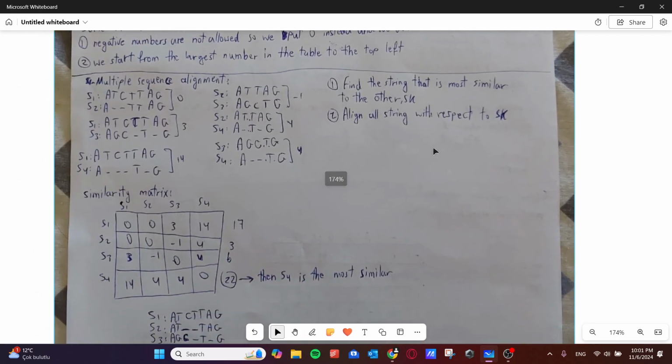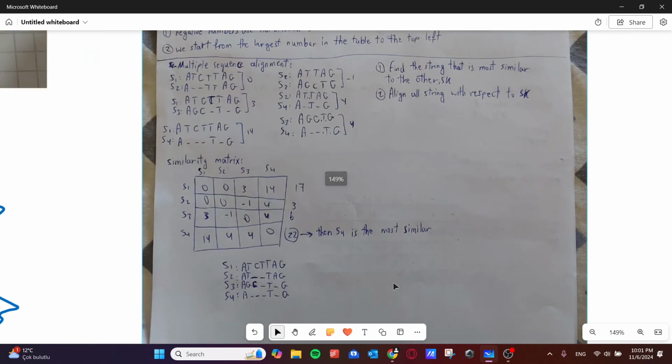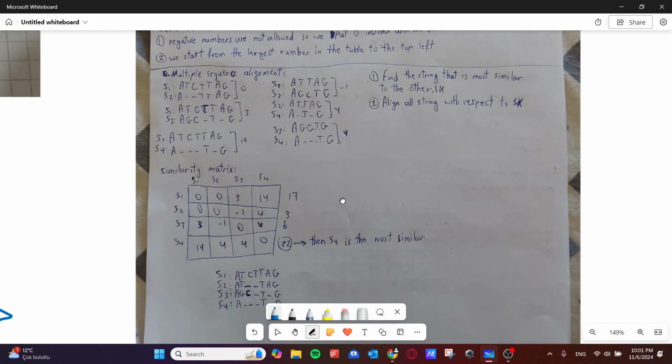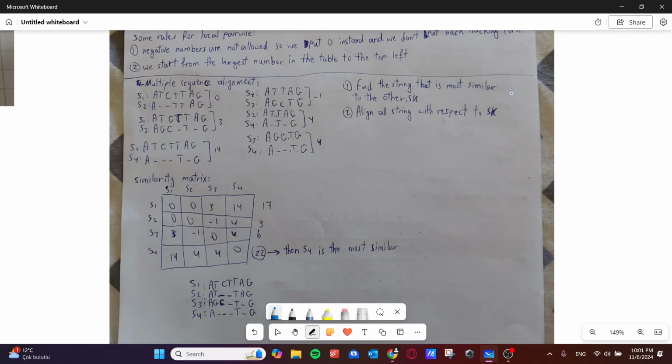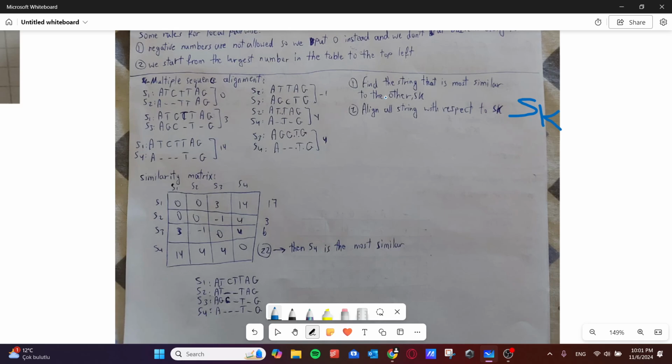This is a nice question, I guess. So the question is, find the string that is most similar to the other, which is Sk. This is Sk, by the way. Align all strings with respect to Sk. So to find the string that is most similar to the other, which is called Sk,